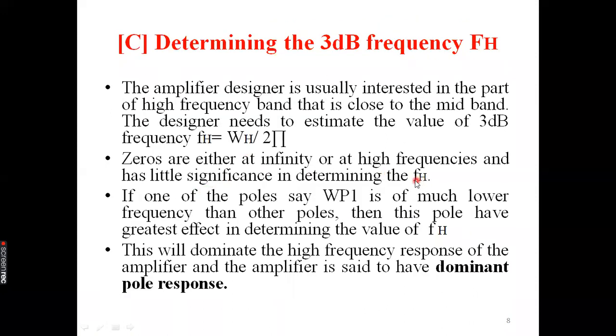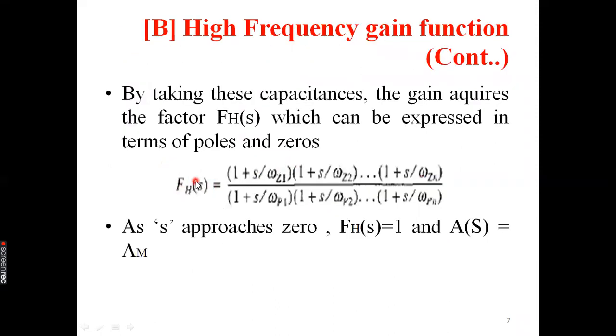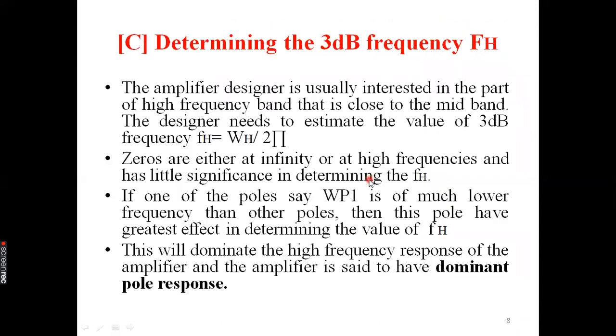So this frequency fH depends largely on the poles rather than the zeros, because if you take the FH of s function, that is the high frequency gain function, all the zeros z1, z2, z3 up to zn will either lie at infinity or at high frequency. So they do not contribute, or they have little significance in determining the cutoff frequency, because fH will always lie at the